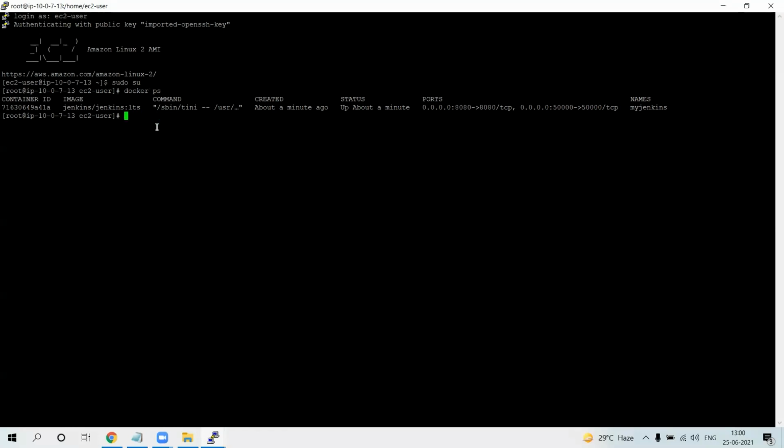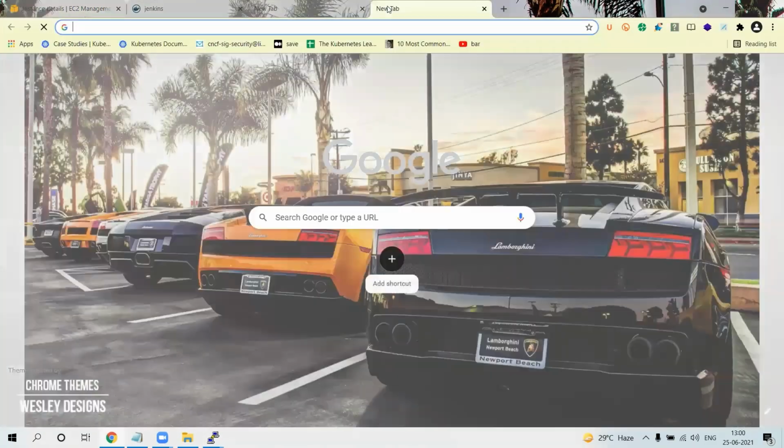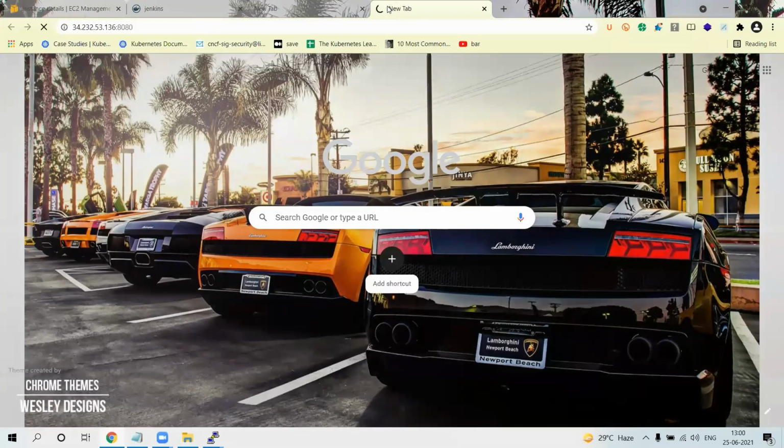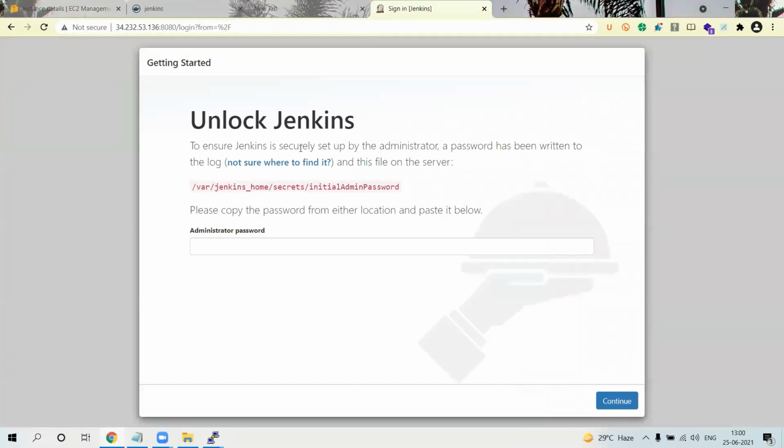Before that, let's see if I'm able to access the application from my browser. Yeah, we are able to. To access this application, it's asking to unlock Jenkins.